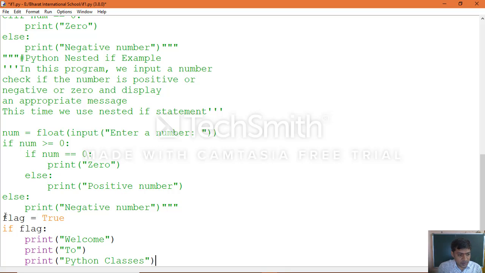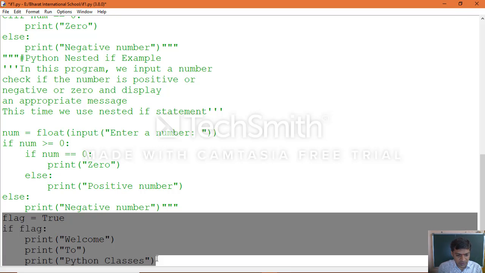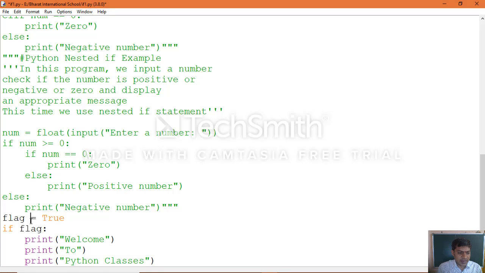Now this is the example which we are going to execute. We took one variable, which we assigned flag equal to the boolean value true. We know boolean values are either true or false.